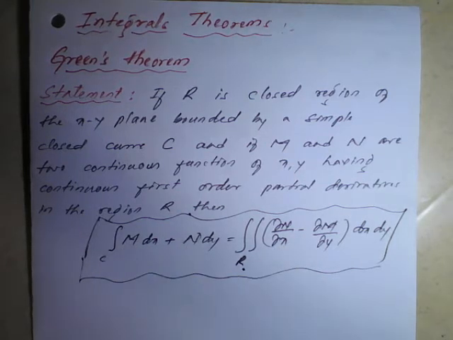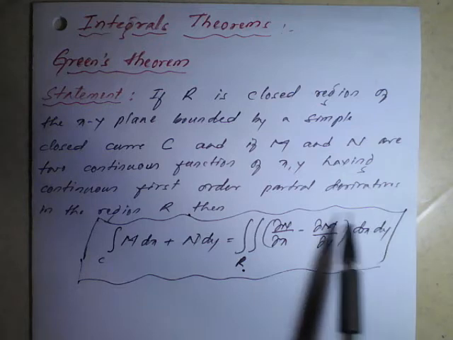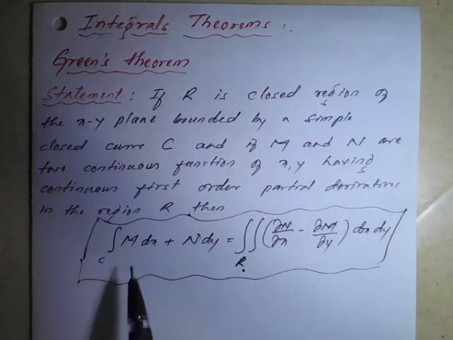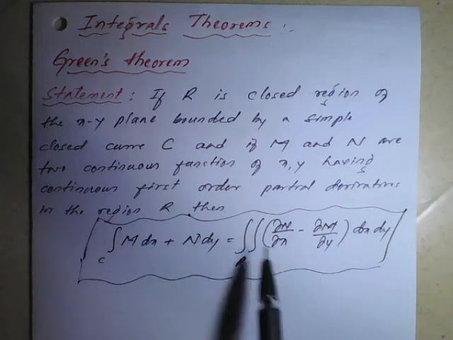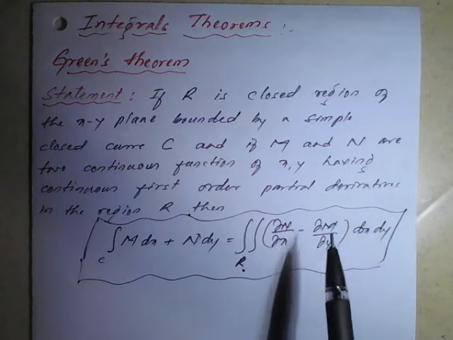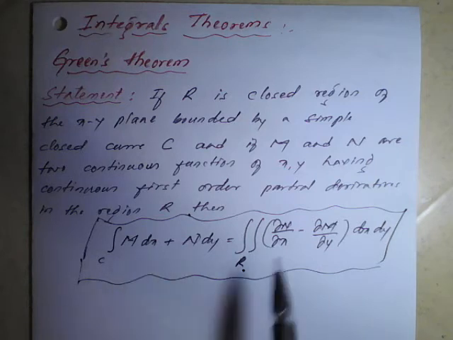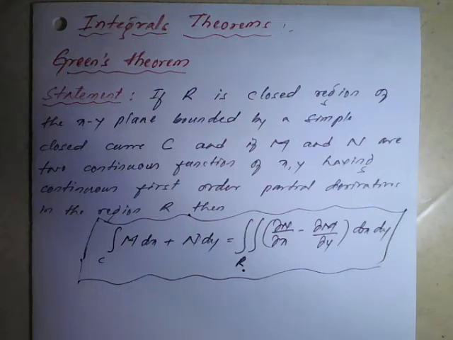And so here we have the examples based on this Green's theorem. It means we need to evaluate the given integral using Green's theorem. Either they will give the left hand side form or the right hand side form. If they have given the left hand side form, we need to prove the right hand side result, and if they have given the right hand side result, we need to prove the left hand side. So in any case, we need to just check by using Green's theorem how the given xy plane for the given curve will be found here. So let's see the examples based on Green's theorem now.